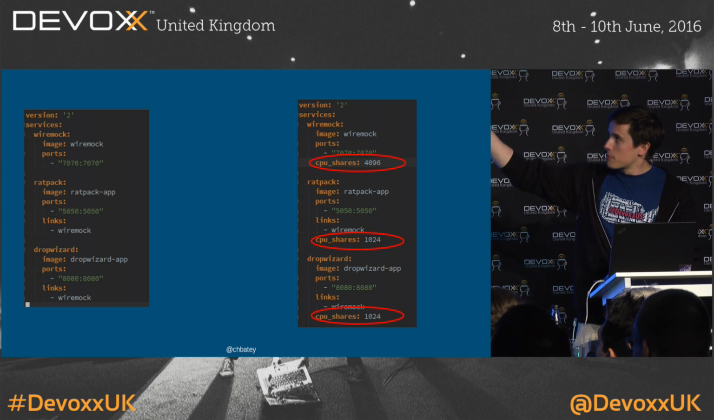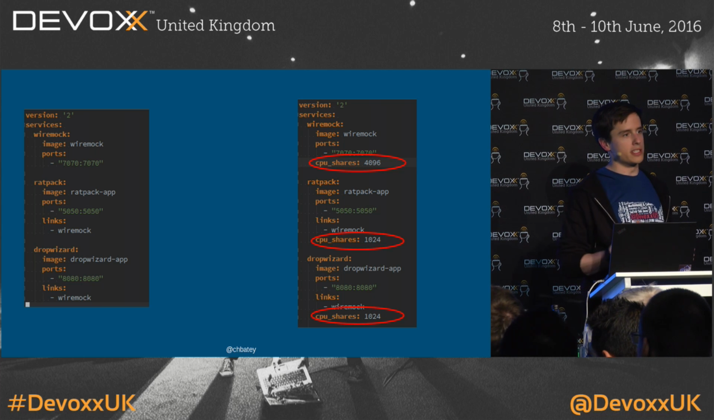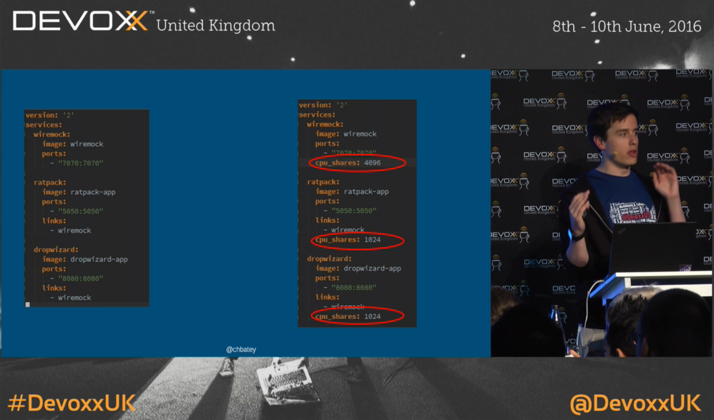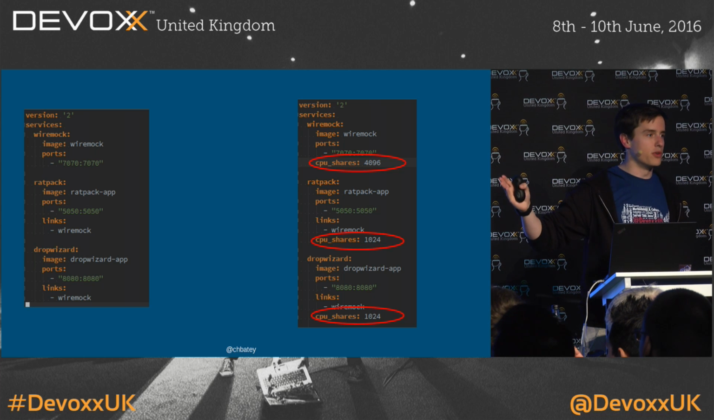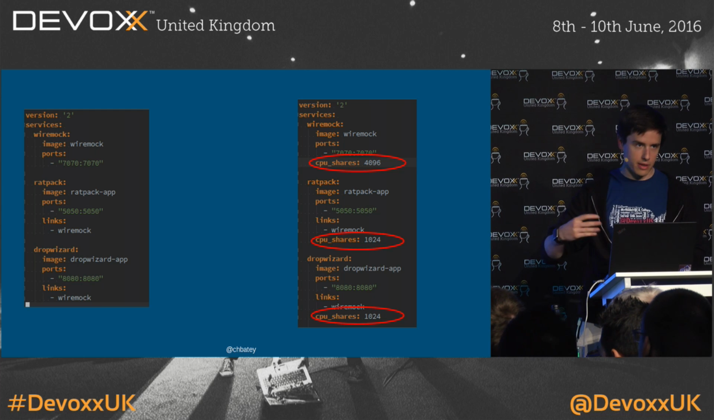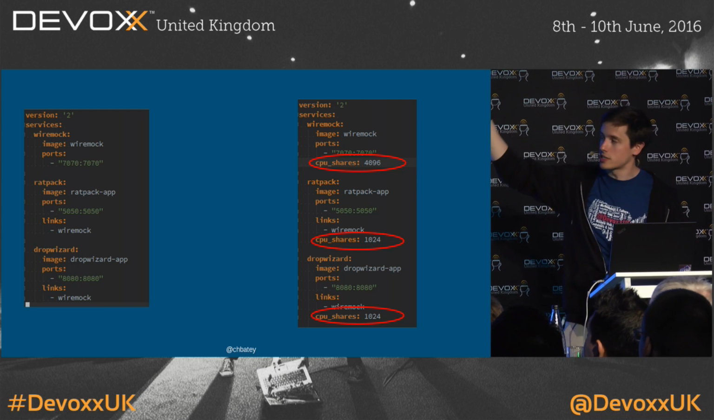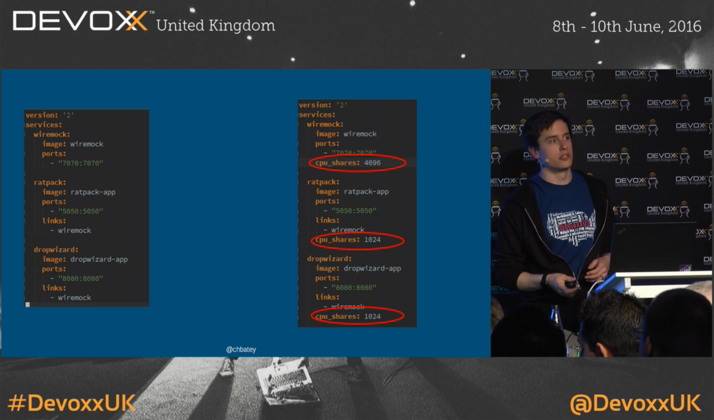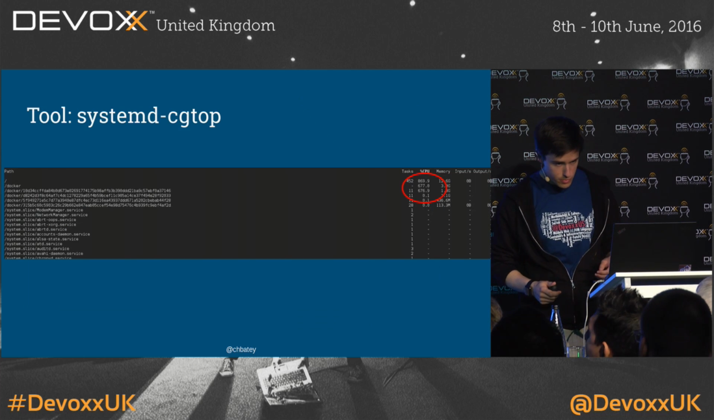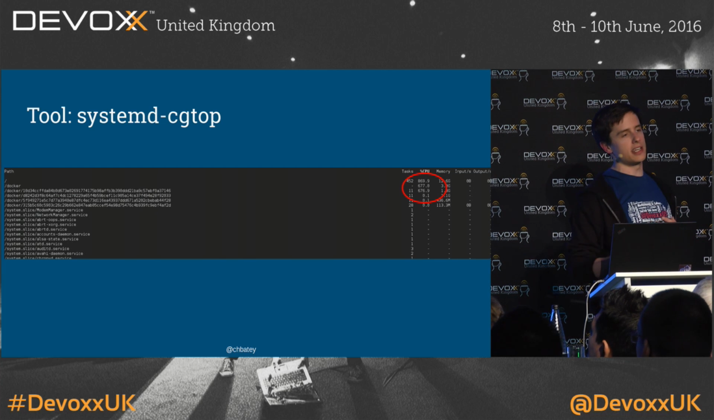So looks like a big fancy number. It's really just a relative weight of how much CPU they're going to get. By default, if you don't specify anything, a container is going to get 1024. So that's why I always have that as basically 1. But we see we've given wiremock 4 times the amount of CPU share than we've given, say, the Ratpack application and the drop wizard application. But if we run our benchmark again, because CPU shares essentially anything which isn't used goes into a global pool,